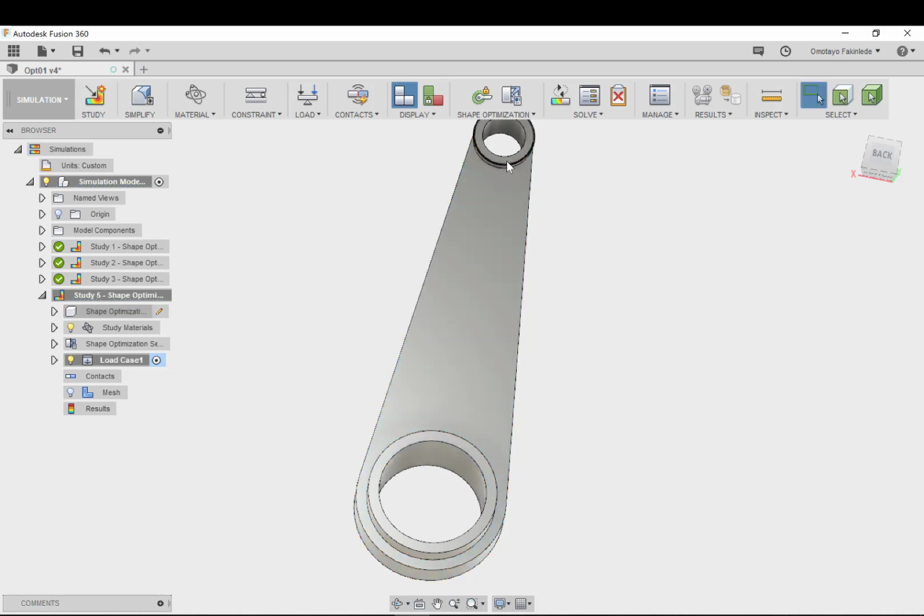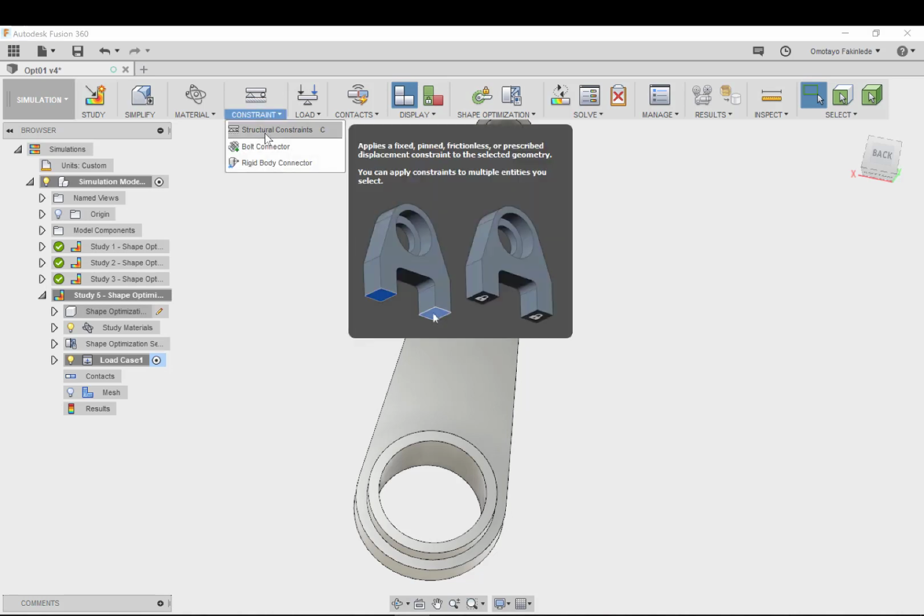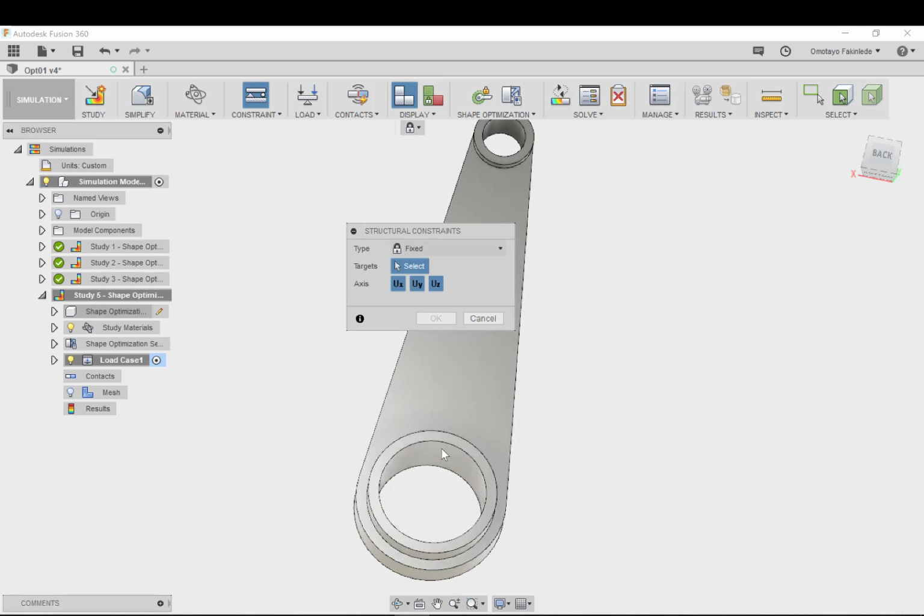We deliberately want to leave out these two pin ends because we do not want any suggestion that we can remove the material enclosing the pins, because that would affect the kinematic conditions of the body that we are trying to design. So having done that, we can now apply our constraints as before. We are going to apply a structural constraint, and we are going to keep fixed the inner part of the crankshaft side and make that completely fixed.